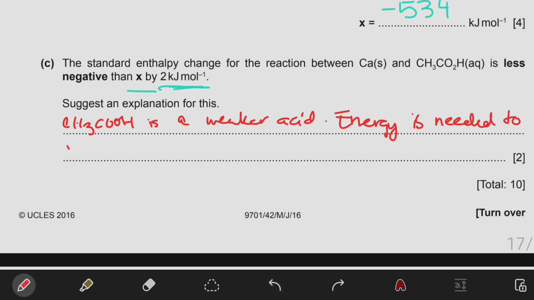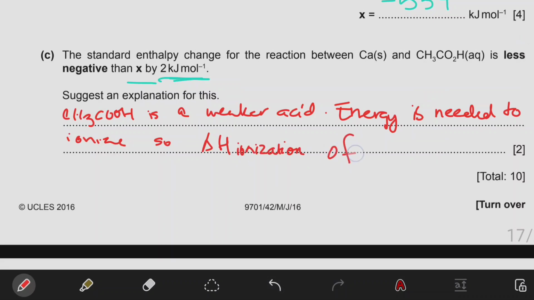Energy is needed to ionize it. So enthalpy change of ionization of must be